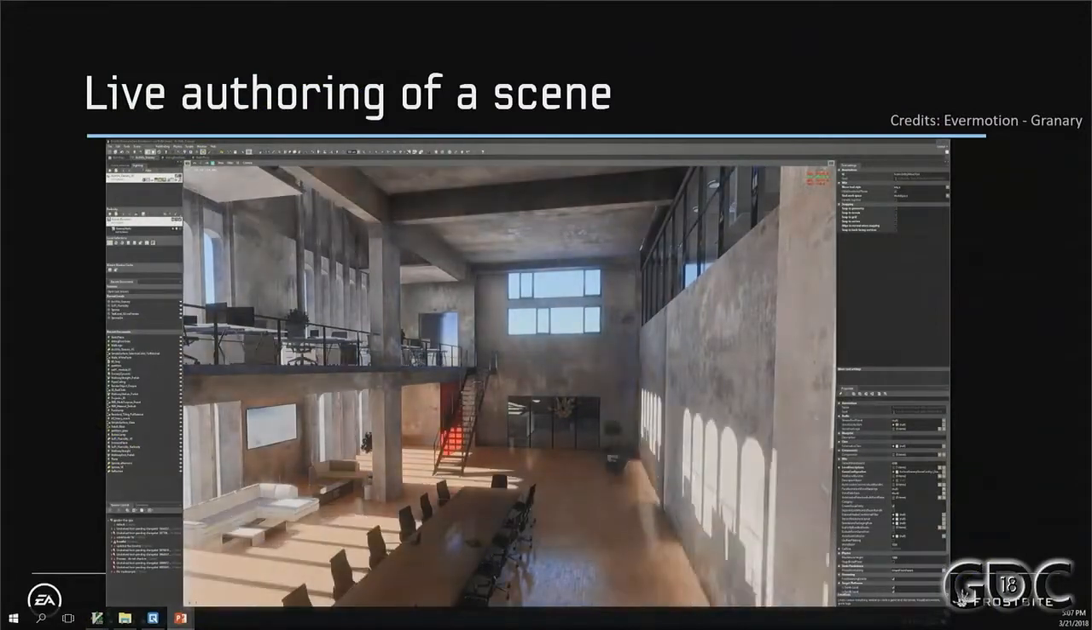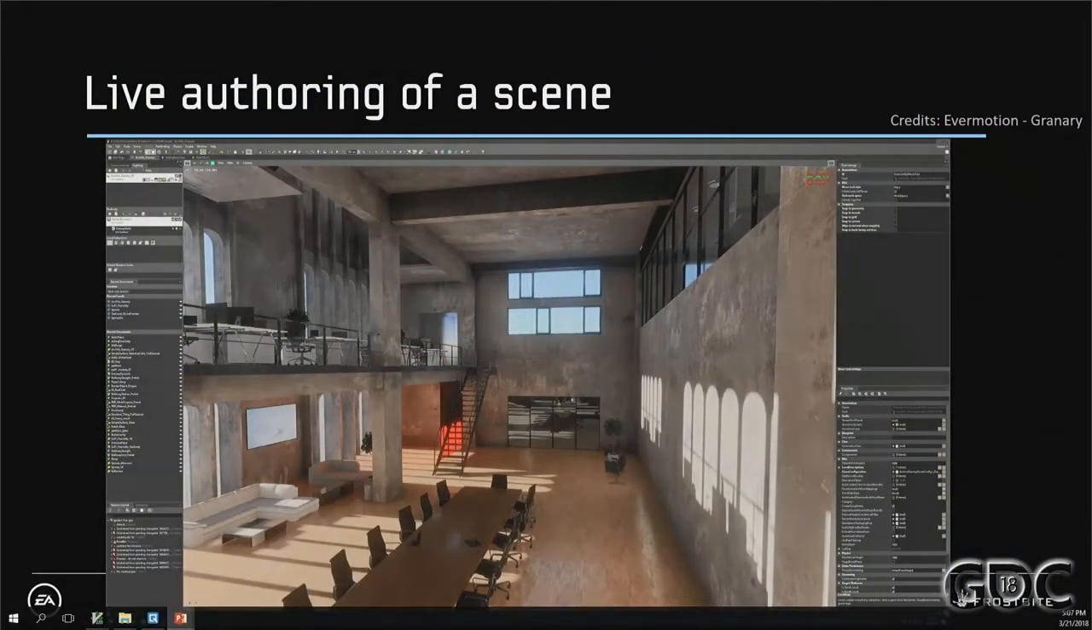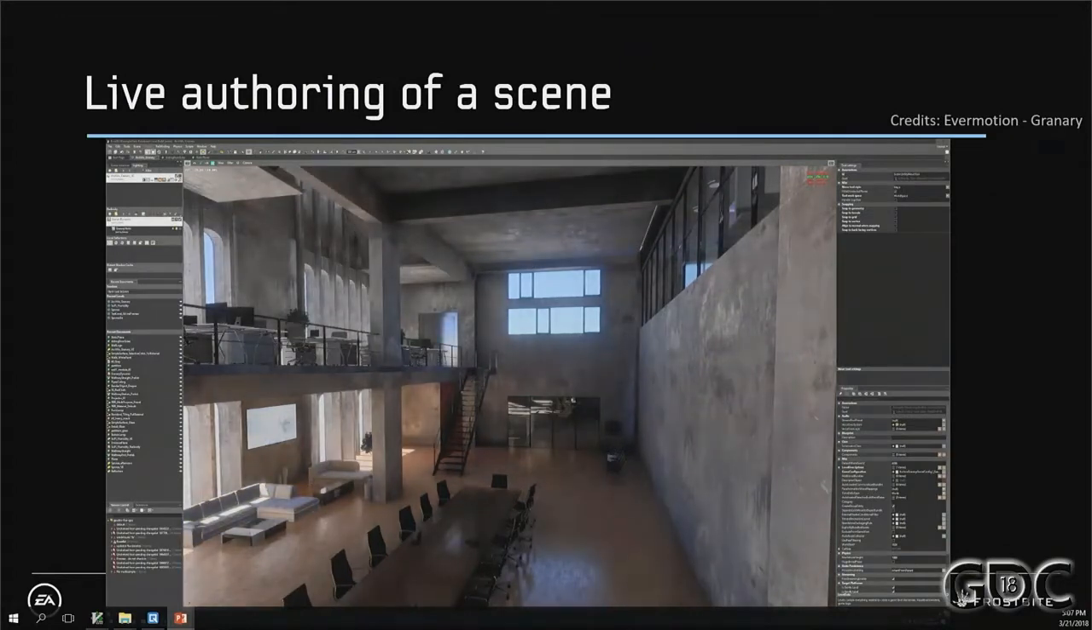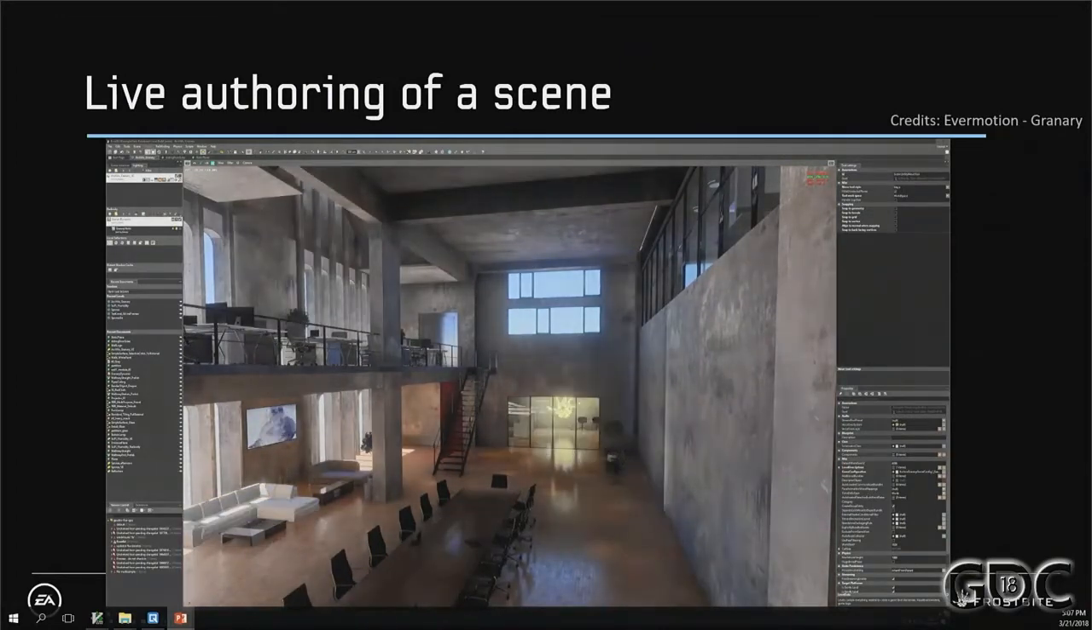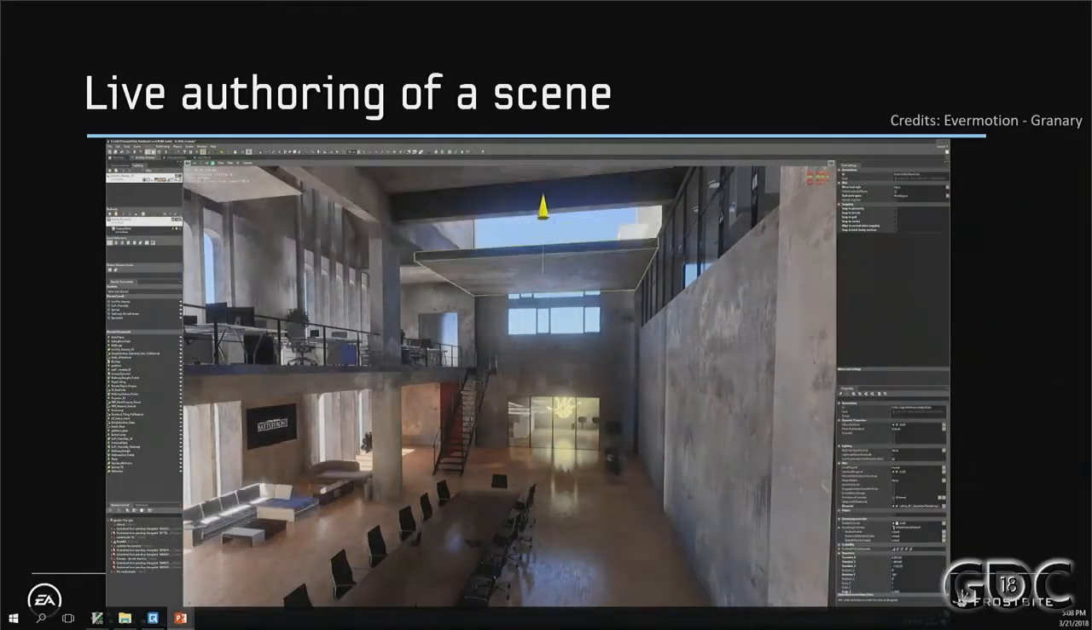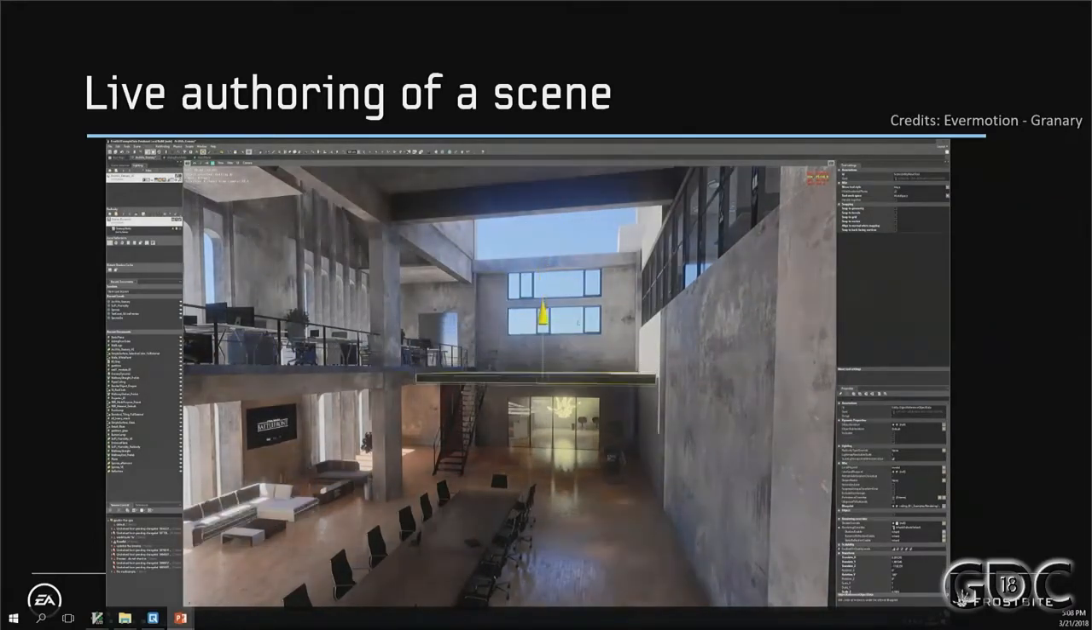So this is an example of an artist playing in the scene, moving the light. Then you can see the light map automatically refreshing. You have some dynamic objects also in the scene that are picking up light probes. You can change light materials, emissive materials on the hand here, and you can move meshes, and you can see